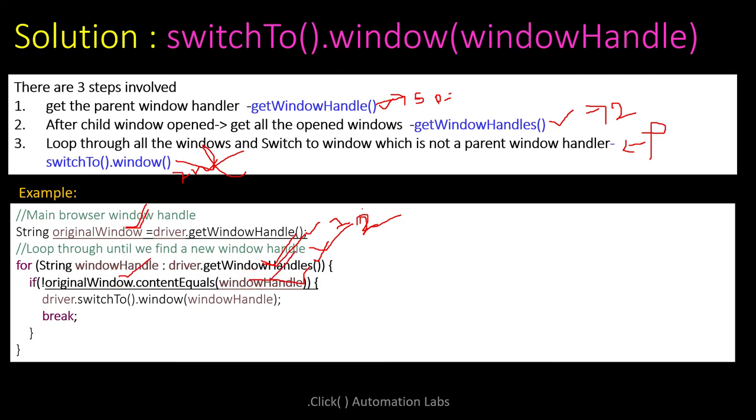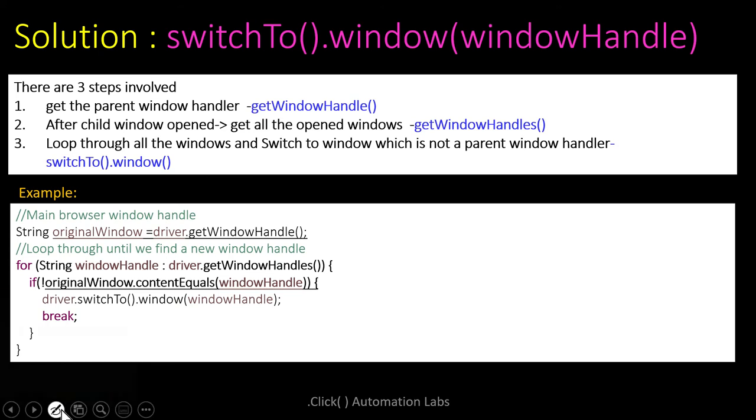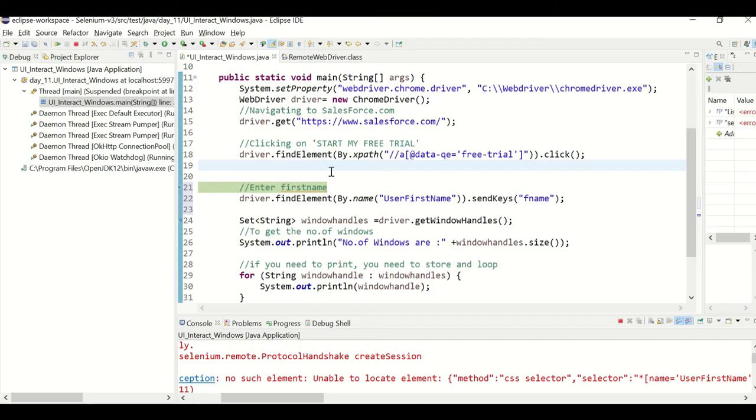equals the second window, no, then driver.switchTo().window will switch your control or WebDriver focus to the second window using the switchTo().window command, and the loop will break. So this is how driver.switchTo().window will work, and this is how you can handle multiple windows or tabs. I think looking at this example will give you some clarity,